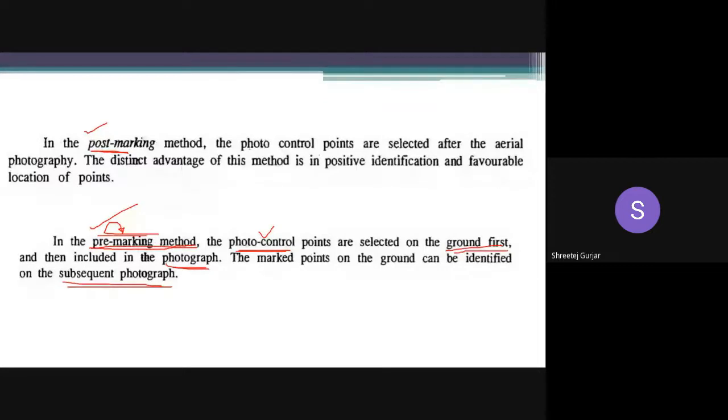Post marking, pre marking, then ground control points, horizontal control, vertical control, and then basic control and photo control. This is a very important theory question for your exam. They usually ask you to explain ground control, how you do ground control in aerial photogrammetry.